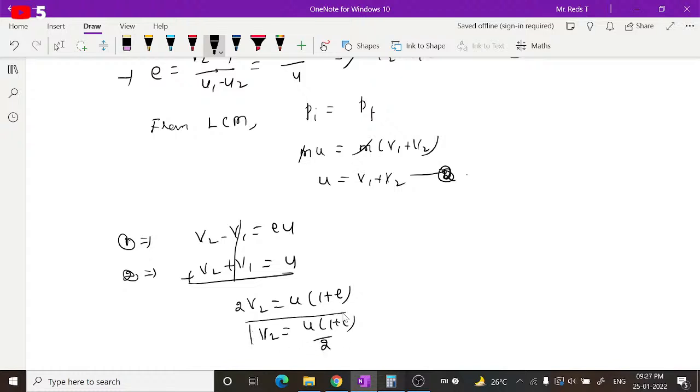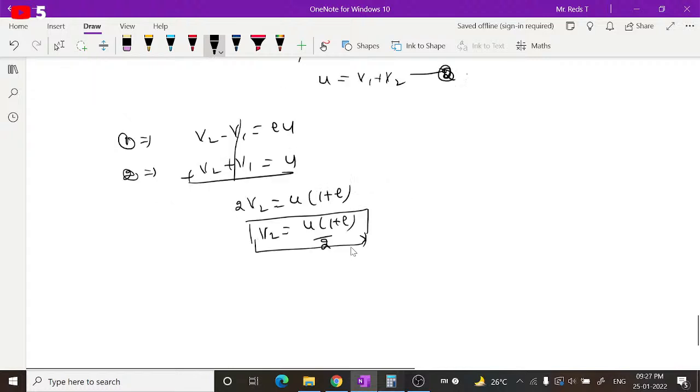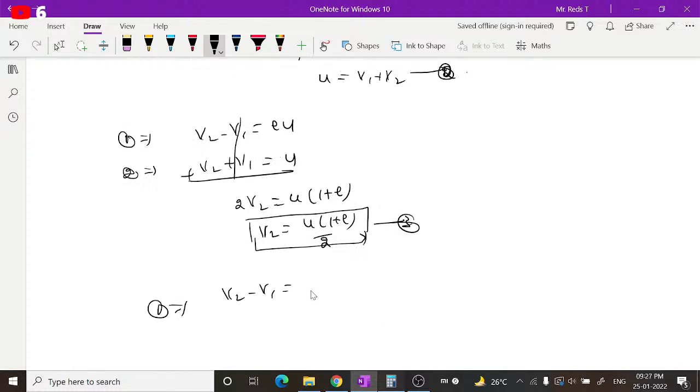This is v2. Find out v1 from any of these equations. Let us say from equation 1. So let us say this is equation 3. Then equation 1 implies v2 minus v1 is equal to eu. From this, if you bring it here, v1 is equal to v2 minus eu